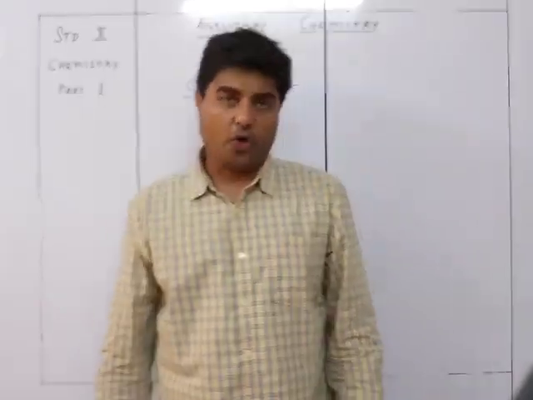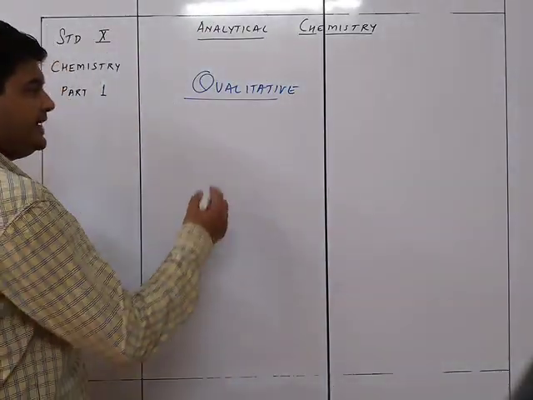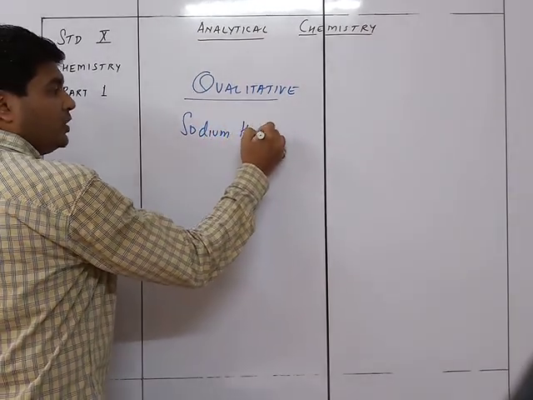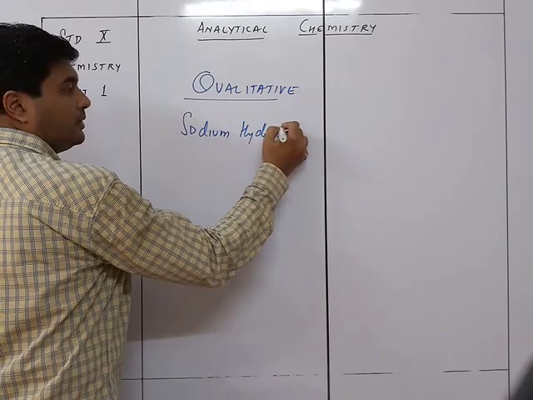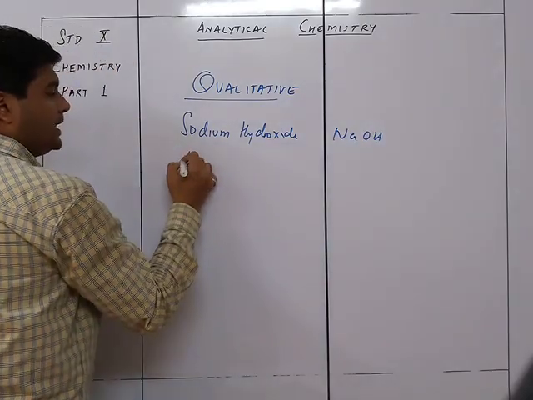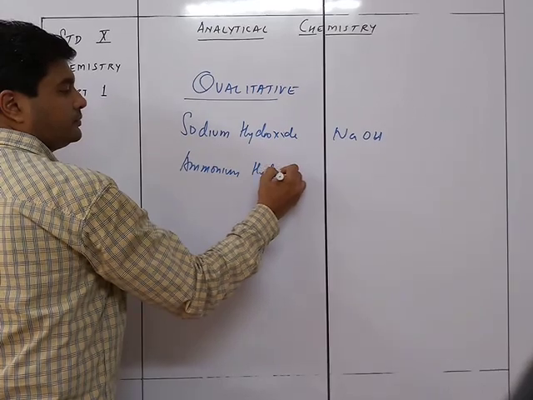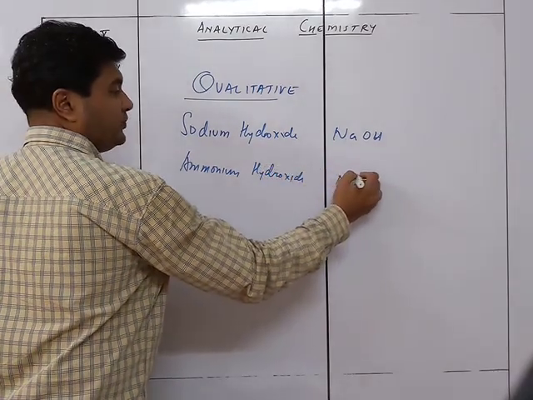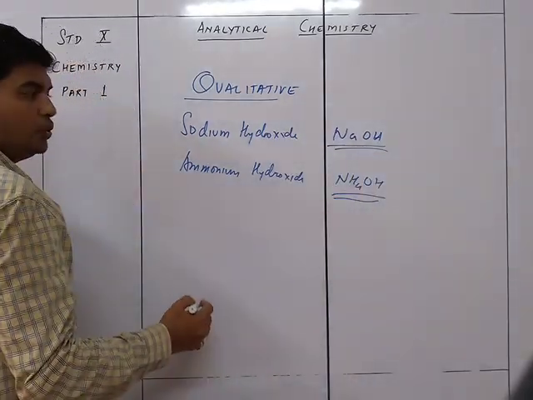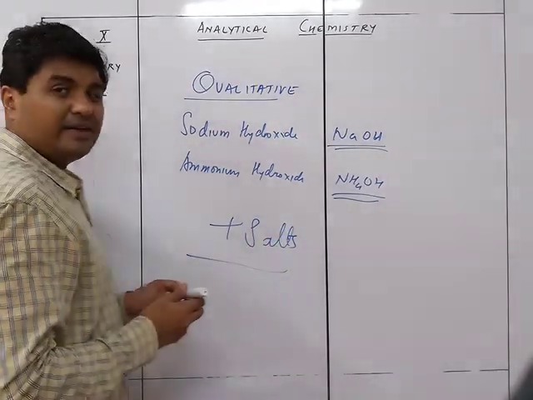the precipitates formed. So what we are going to do here is use two laboratory reagents. One is sodium hydroxide, which is NaOH, and the other is ammonium hydroxide, which is NH4OH. So these two, NaOH and NH4OH, will be used along with certain salts, and accordingly whatever is the resultant